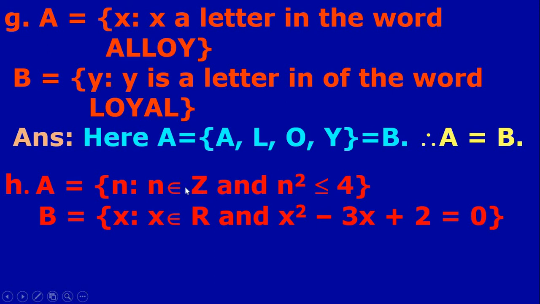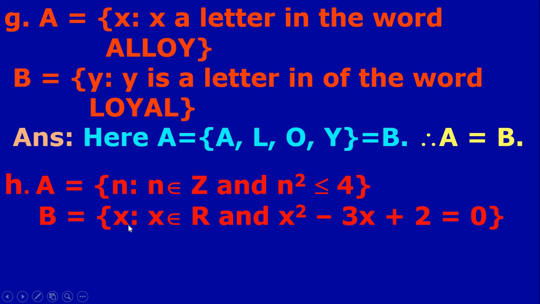And we can take negative numbers also. Since it is an integer, we can take negative numbers. We can take minus 1. Minus 1 square is 1. So 1 is less than 4. So possible. We can take minus 2. Minus 2 square is 4. Again it is equal. So possible. Minus 3. Minus 3 square is 9. It is not less than 4. So minus 3, minus 4 and all are not possible. And in positive also, 3, 4 and all are not possible. So 3 square is 9. 9 is not less than 4, so not possible. So the numbers are 2, 1, 0, minus 1, minus 2. That is in set A.